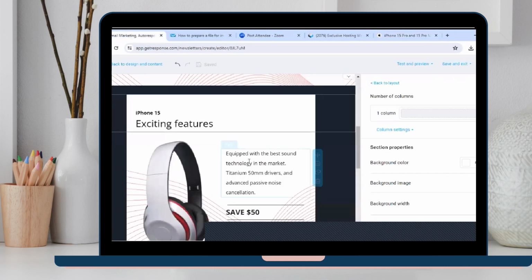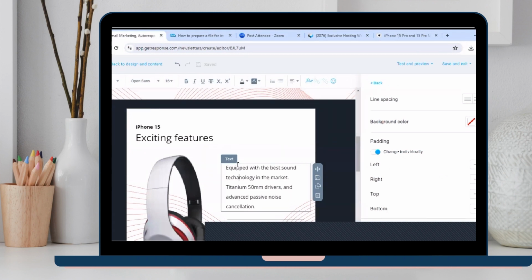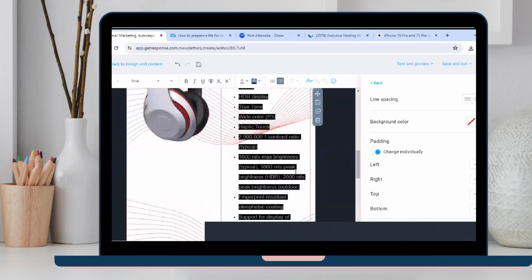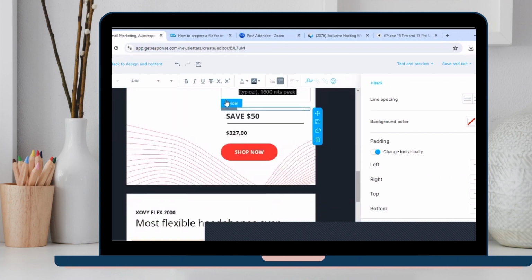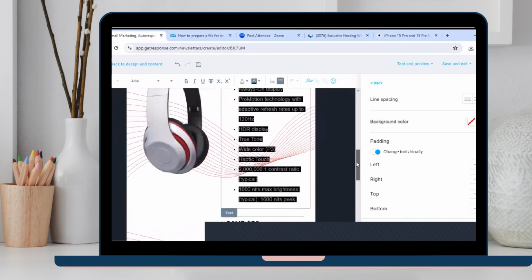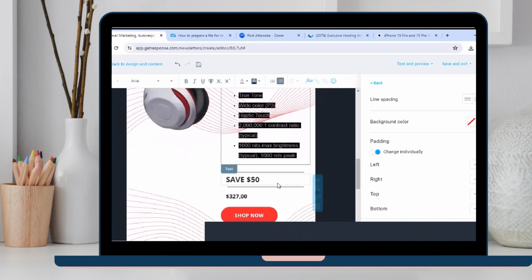And then I'm going to just paste it in here. Maybe I don't need all of it, just add what I need. And I can certainly say you can save $100 and